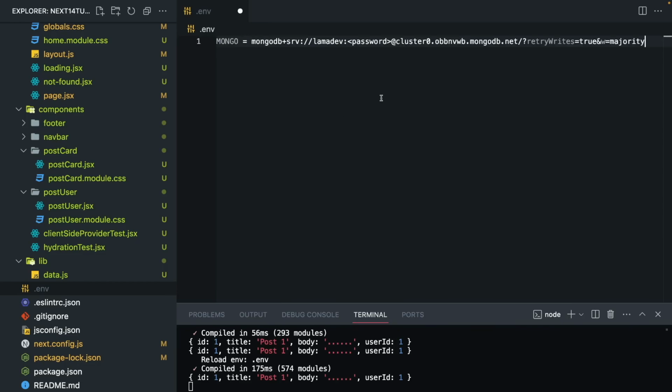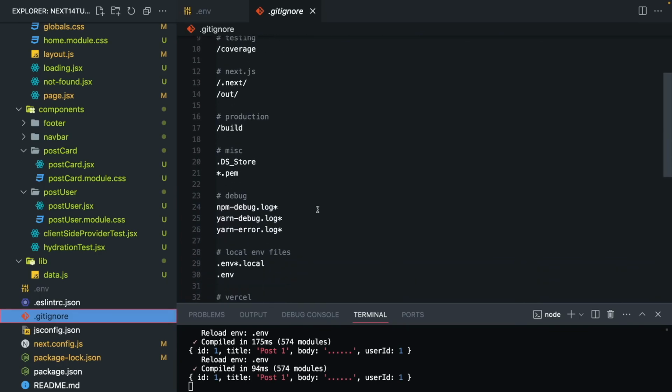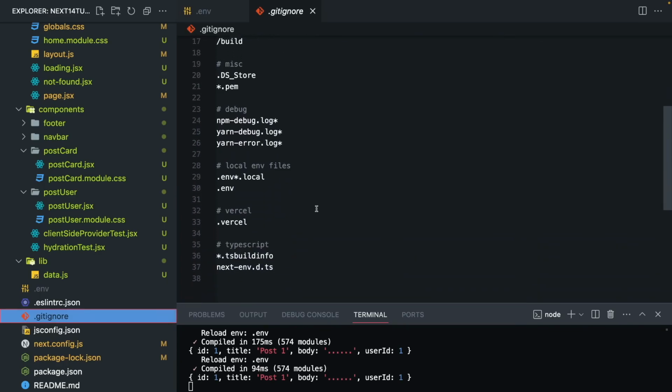Let's say mongo equals this URL. I'm going to write here my password. And after this URL, you can write any database name. Let's say N41 tutorial, or you can write blog or whatever you want. After that, let's open up the git ignore file because we don't want to reveal our env, and make sure